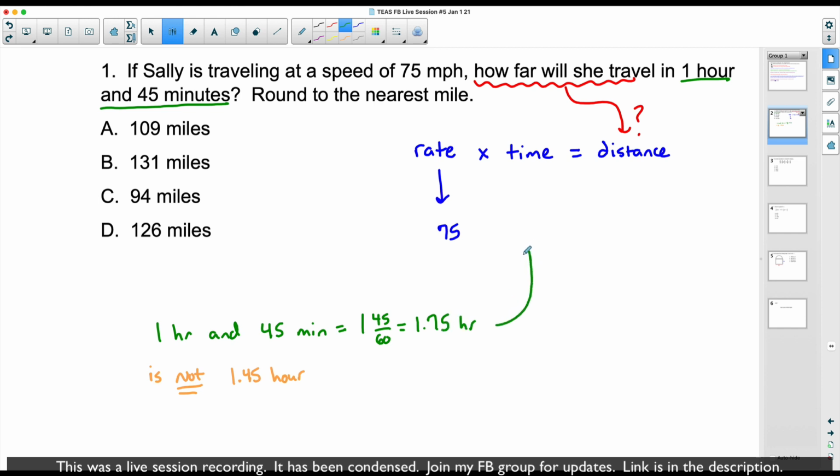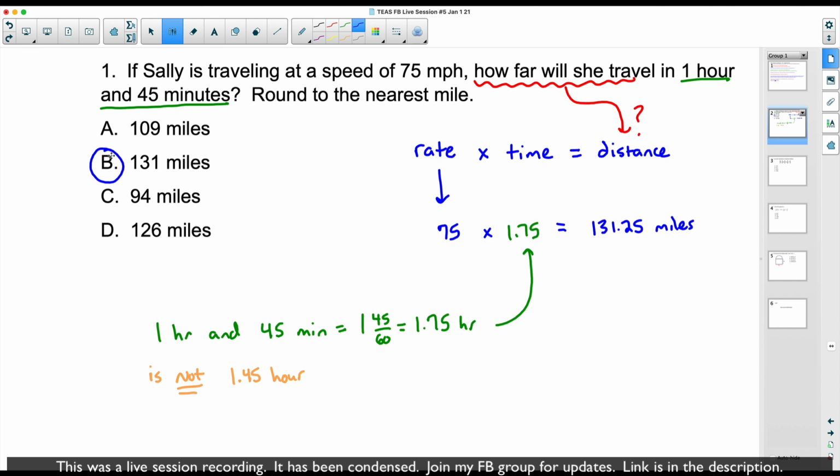This is what we want to plug into here and multiply. So rate, 75 miles an hour, times the time of 1.75 hours, not 1.45. And now if you multiply that, we will get a distance of, and I'm just going to type this into my calculator. I got one right here in my hand. We have 131.25 miles. So therefore, Sally, if we round to the nearest mile, closest answer to the nearest whole number is